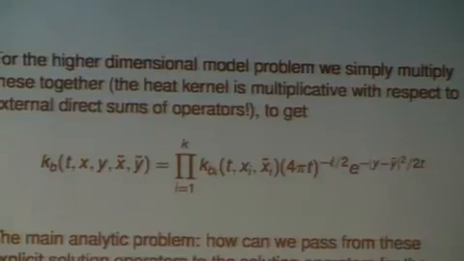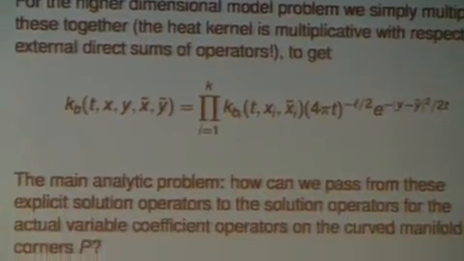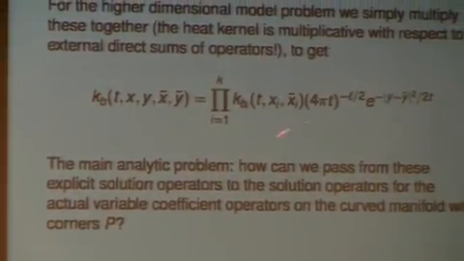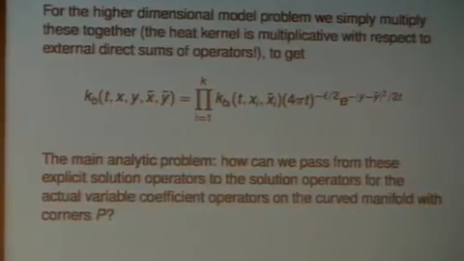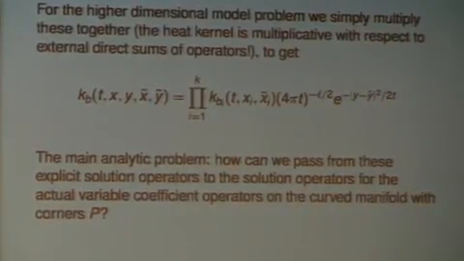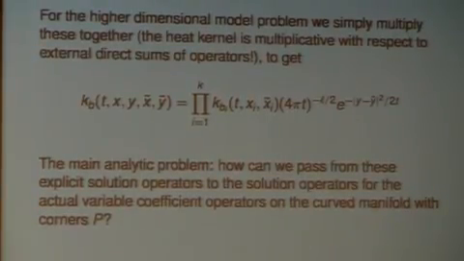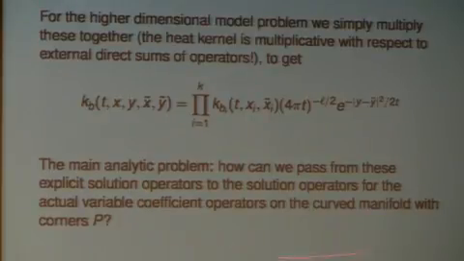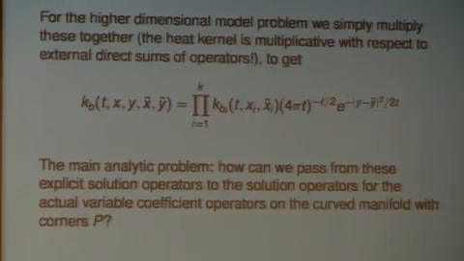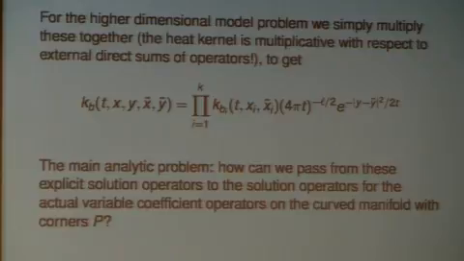And the main analytic problem, as I've said, is how can we use this very explicit solution? So we have two jobs. One is to say, what are the fine mapping properties of this very explicit heat kernel? How does it act on C0 or whatever other function space we might want to work on? And then how can we do a perturbation analysis to go from model problems to variable coefficient problems? And it's that second step.